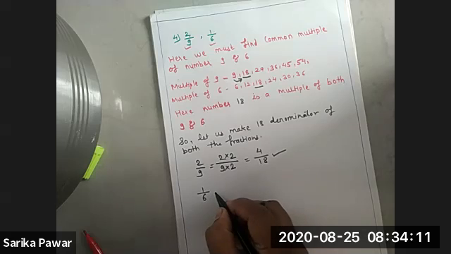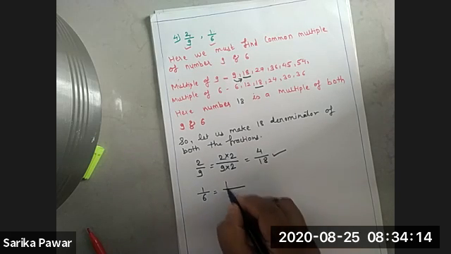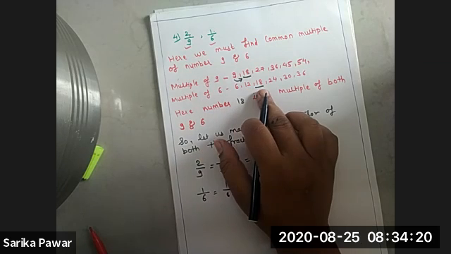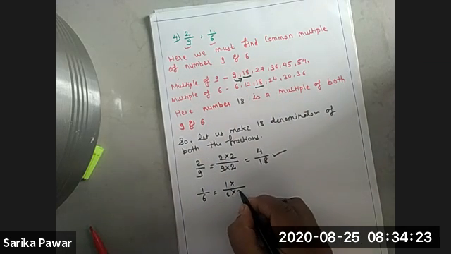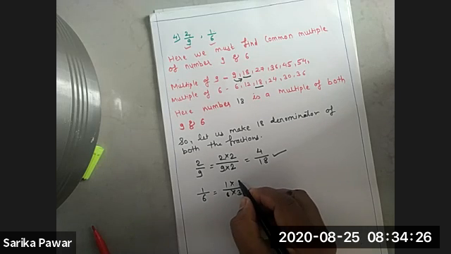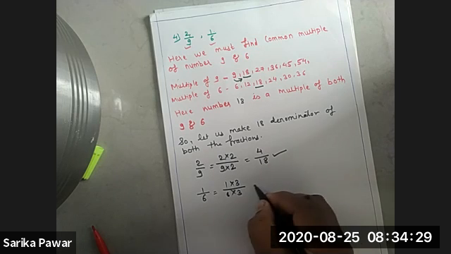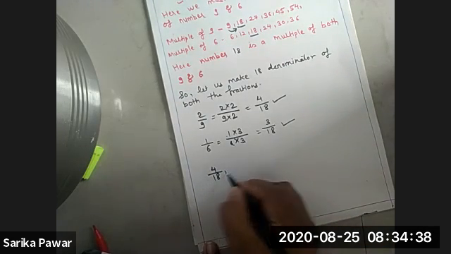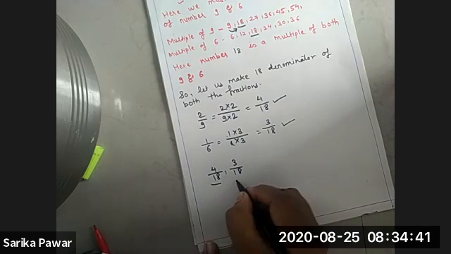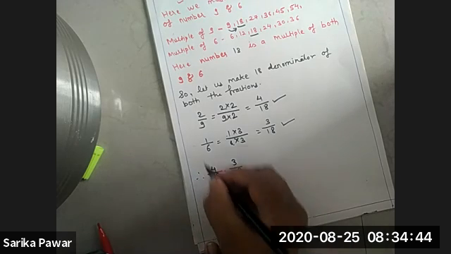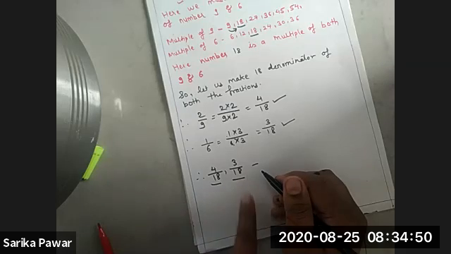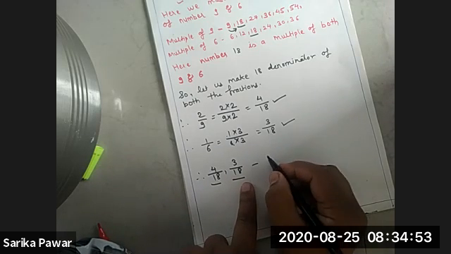Now second one is 1 upon 6. Second term. See 1 upon 6. Now which number we have to multiply? 6 ones are 6, 6 twos are 12, 6 threes are 18. By the same number you have to multiply in numerator also. Number 3. 3 ones are 3. 6 threes are 18. So 4 upon 18 and 3 upon 18. So denominators are equal here. So we converted given fraction into the like fraction because denominators are equal now. So here is our answer.